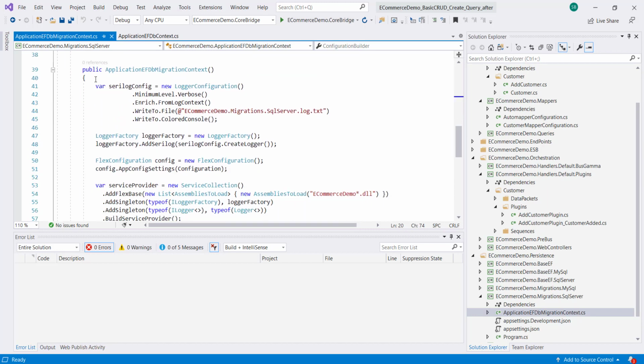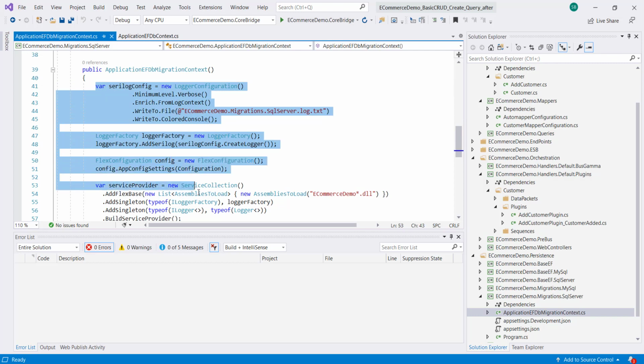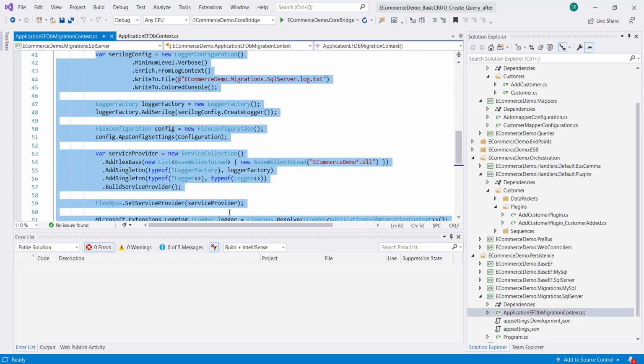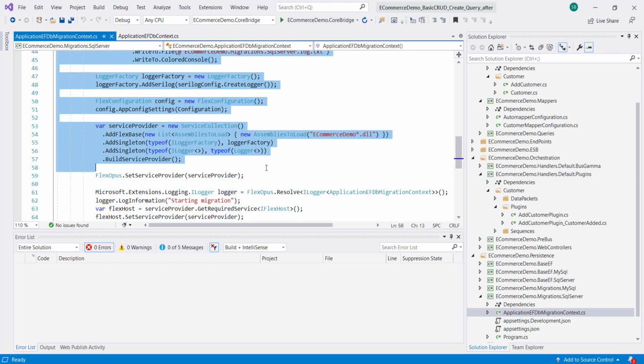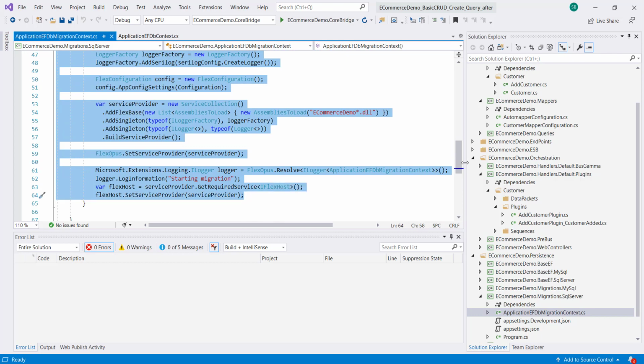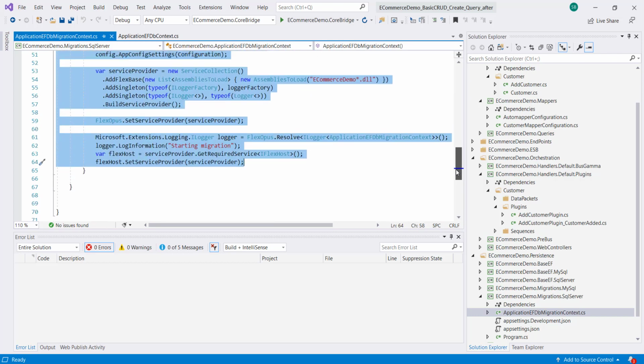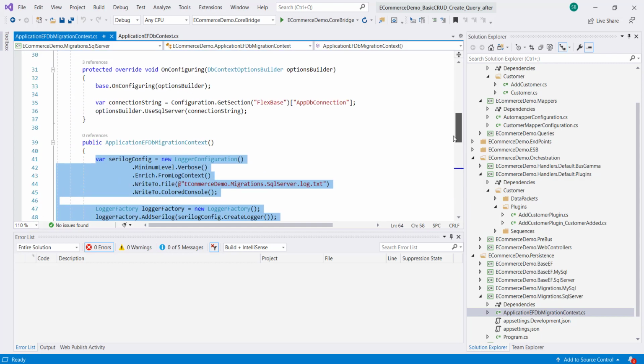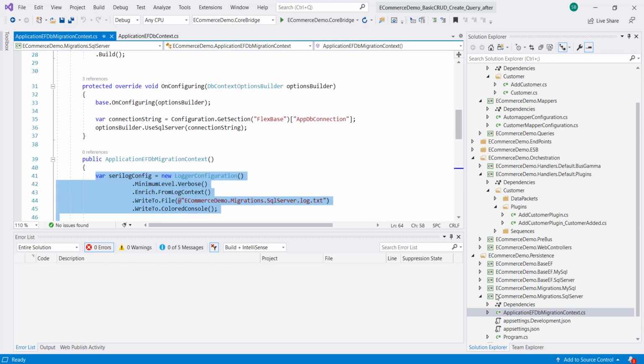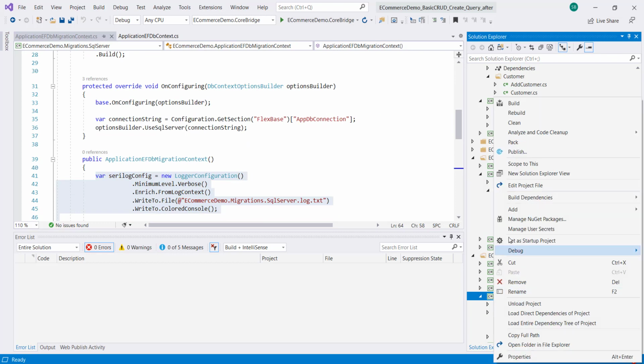I created a separate context so that all the startup we do in the endpoint is not applicable directly in the context. So in the constructor we are providing some of the configuration that Flex needs to run. So we will make it a startup project.